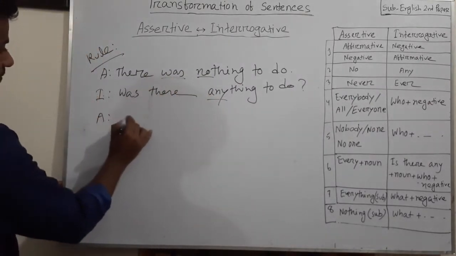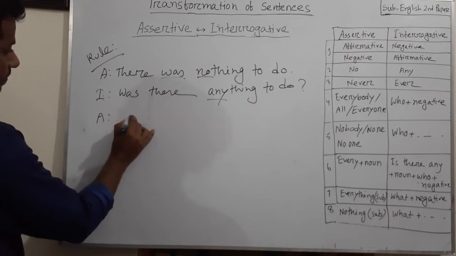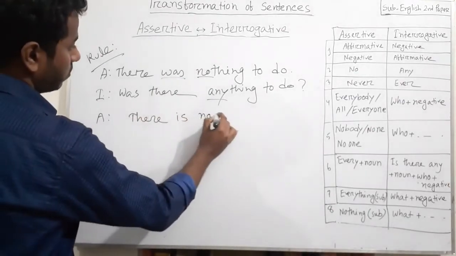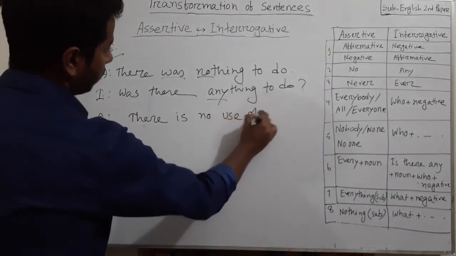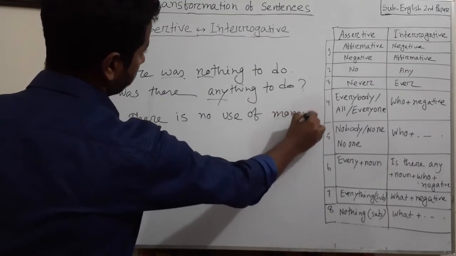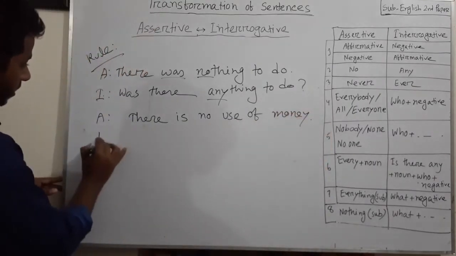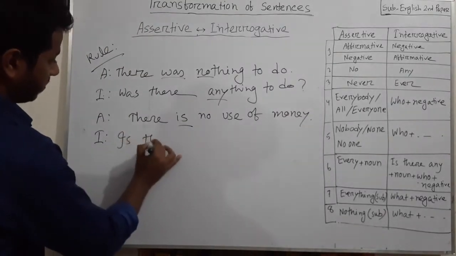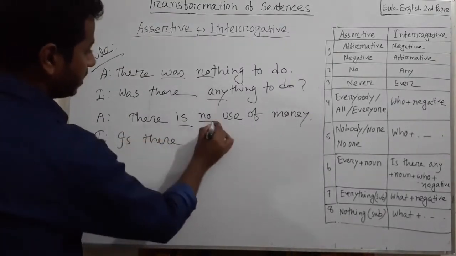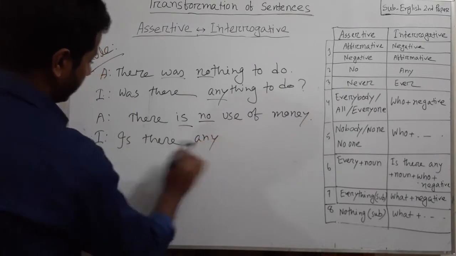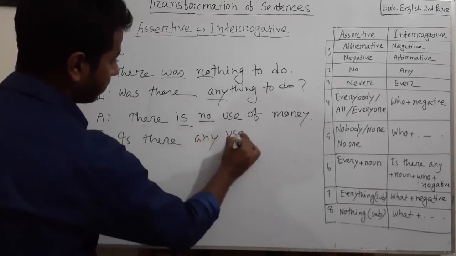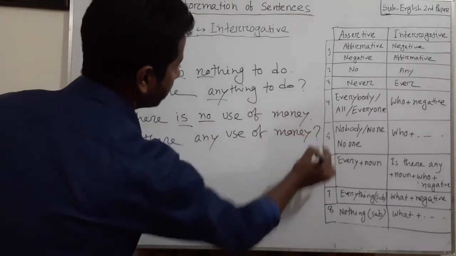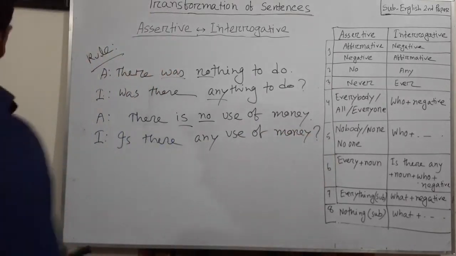Another example, there is no use of money. Okay, then the interrogative, the auxiliary verb is there, instead of no there will be any, is there any use of money, then the interrogative mark. Okay,